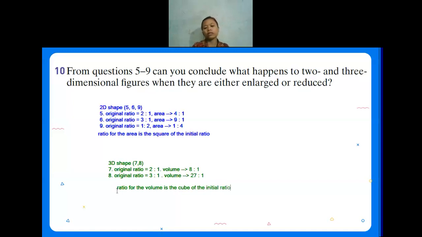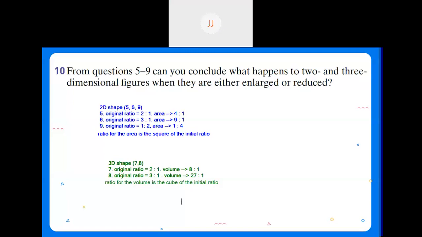Is there anyone who is confused so far, or maybe my explanation is still confusing for you? You still do not understand anything? Wait, teacher, I want to copy. Okay, it's okay if you want to copy. Just let me know if you have any question or you get confused. Please let me know. Do not keep being quiet. It will be better if you ask me a lot of questions rather than stay quiet.